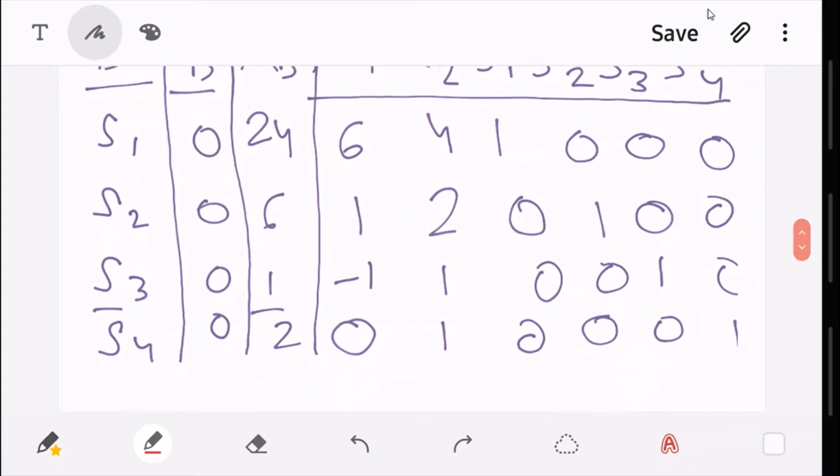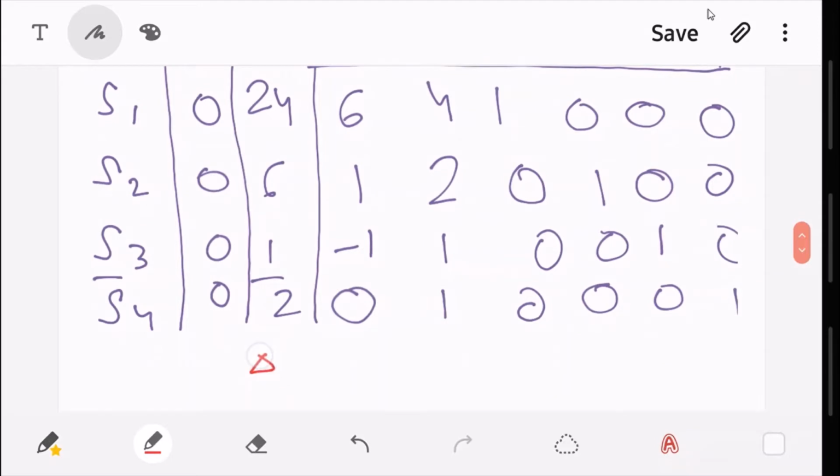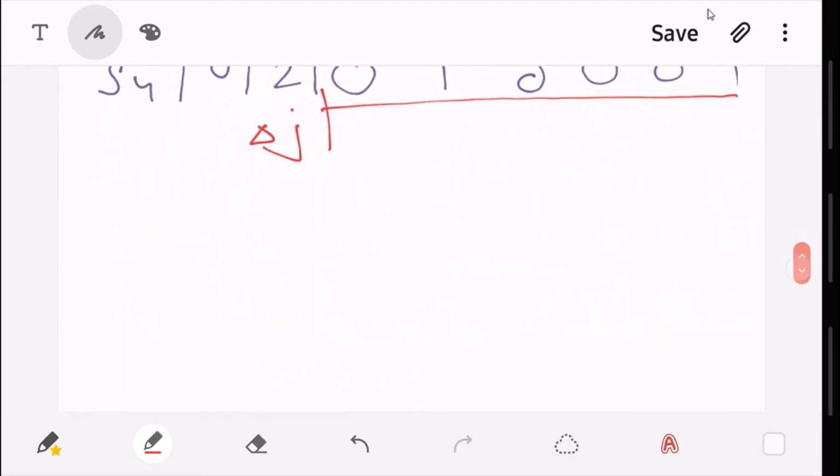Before finding the Gauss-Jordan method, we need to see from the basic variables who shall leave and enter. That is, the optimal solution should have which all values. So for that we need to find del j. How is del j calculated? Del j is equal to